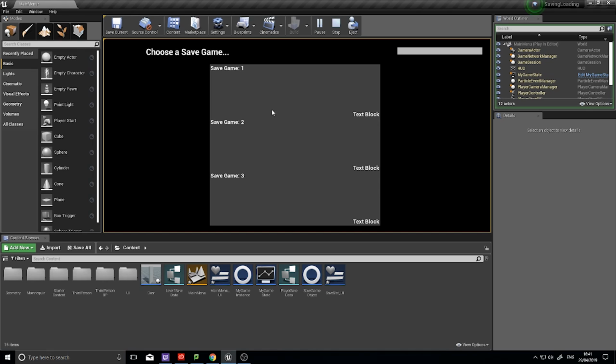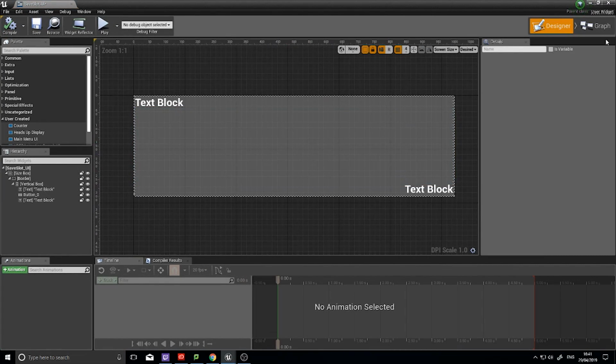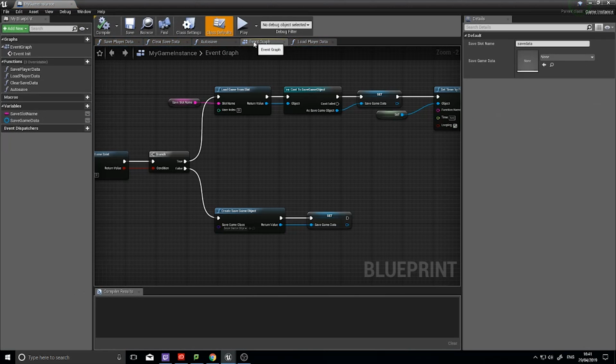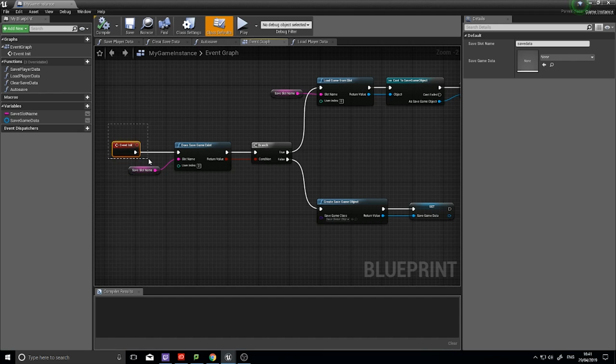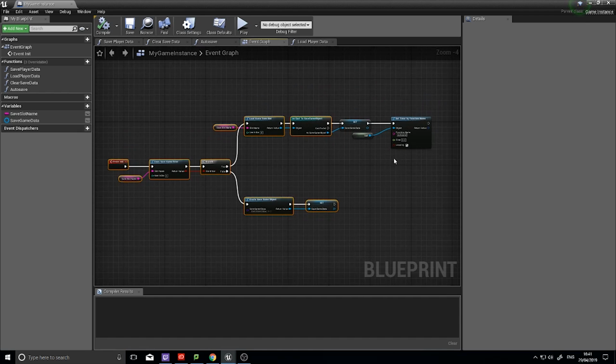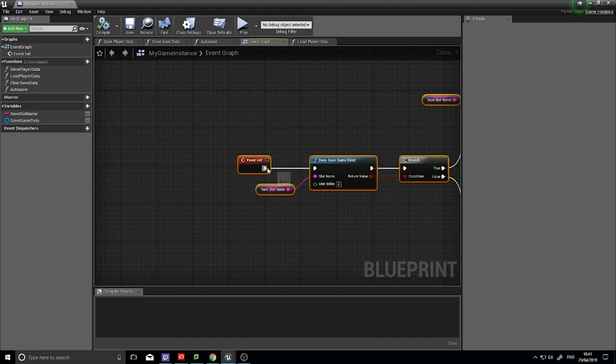Perfect. Okay, so now to make these buttons actually do something. So the way it works is we have to change a little bit about that game instance we've made in prior videos. So if you haven't seen the previous videos, head over there and watch at least the first part, before carrying on with this one. So in your game instance, on the event graph, we have this event init. So when the game initializes, it starts a save game slot. Okay. What I don't want is that to happen straight away. I want it to happen based on what slot I actually click on. So I'm going to disconnect my init here,